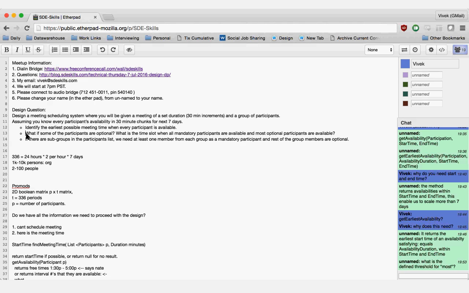One array which tracks mandatory participants and one array which tracks optional participants. Is that what I'm hearing? At least that was my first proposal. In each slot I was saying that you hold a count for the mandatory, count for the optional.